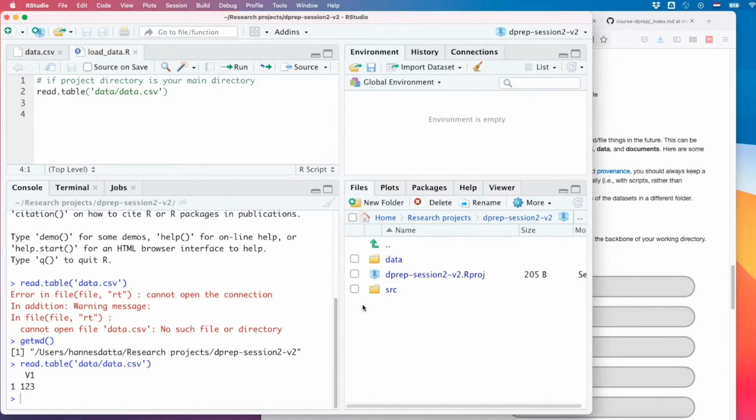But others, and I'm one of them, prefer making all of the file paths relative to where the current file that you're working in is. So load data, that's the source code that I'm writing, right? To get my data, I will first have to go up and then go into data and fetch it.